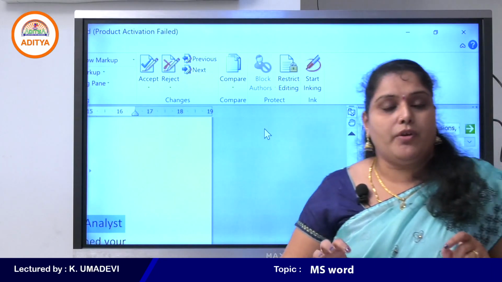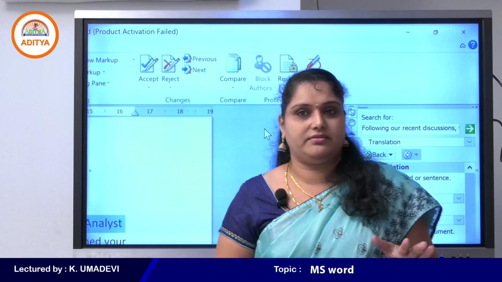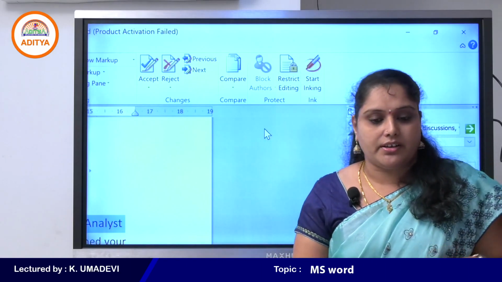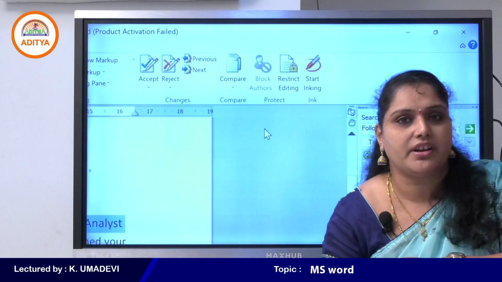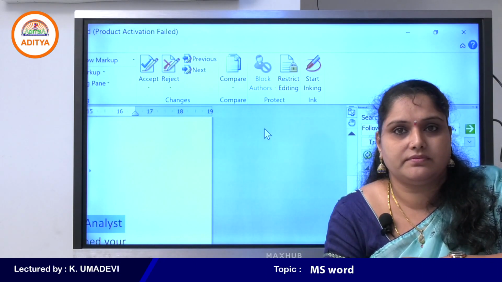Okay. And one of the most important features on this tab is restrict editing. So what is meant by restrict editing, students? Restrict editing. So by using this feature,